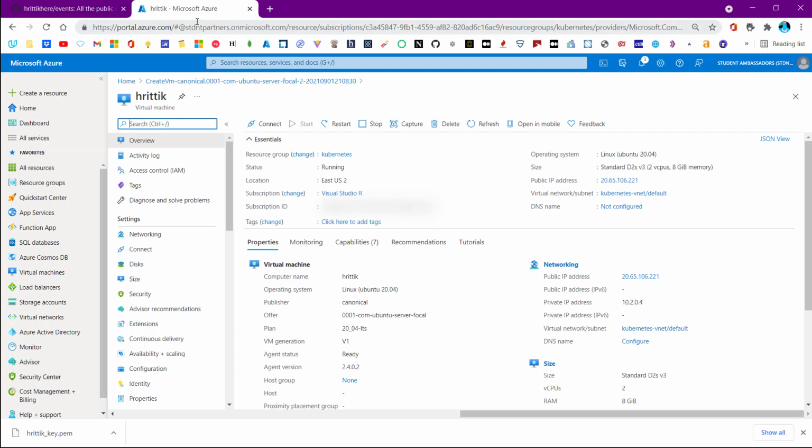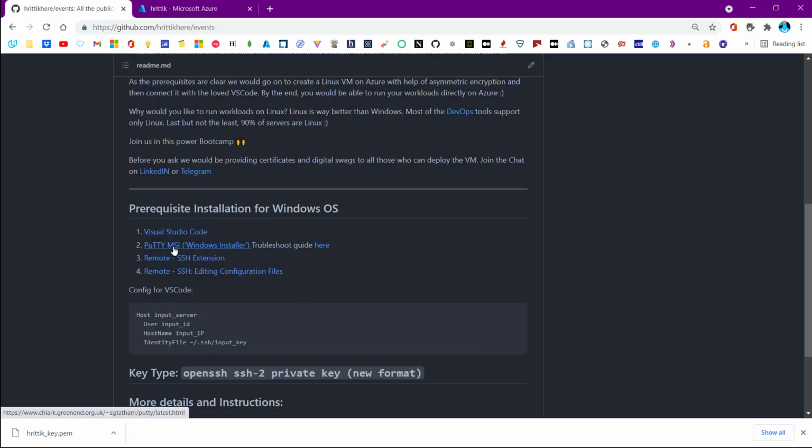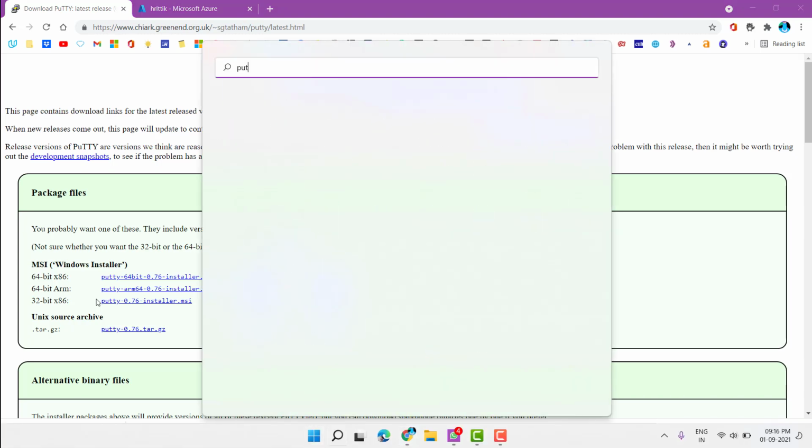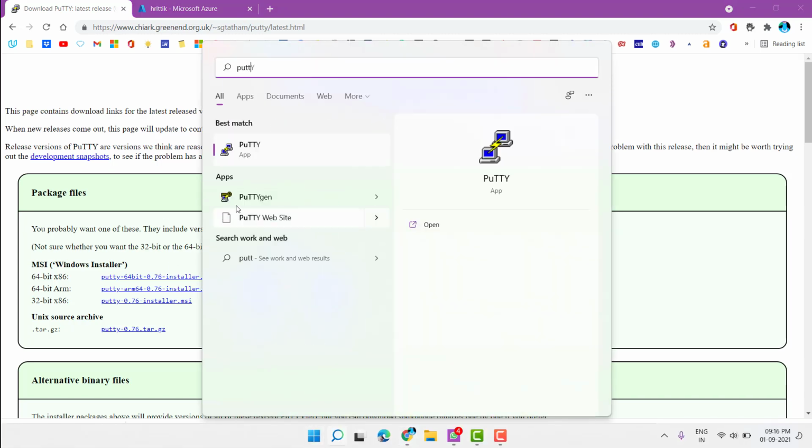As you know, while creating the virtual machine in the previous video, we got a key. This is a private key which we will use to connect to our server. But there is a problem: VS Code doesn't support the .pem extension. So we need to convert that to a format that VS Code supports. How would we do that? For that we need a tool called Putty. Download your version, and then we need to go to Puttygen for key generation. So click on Puttygen.